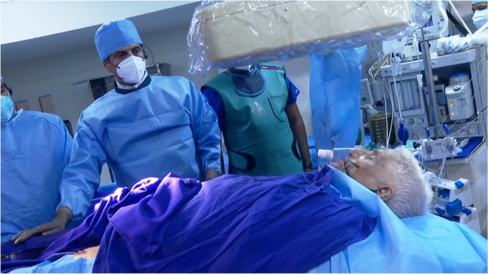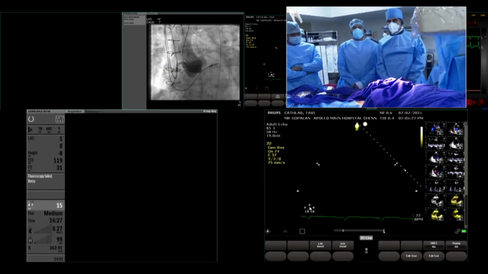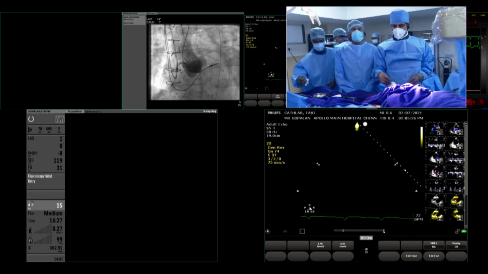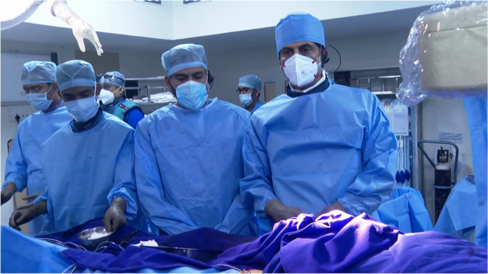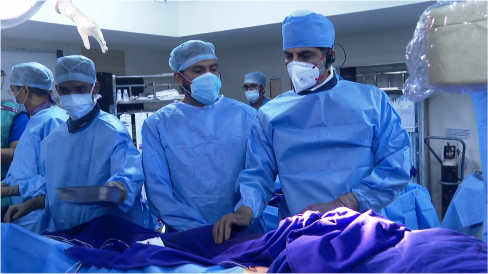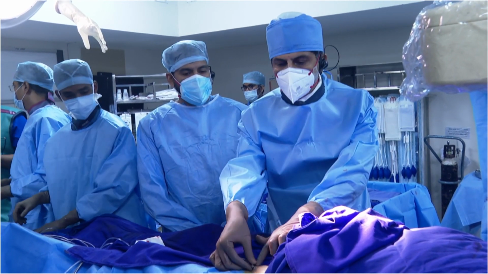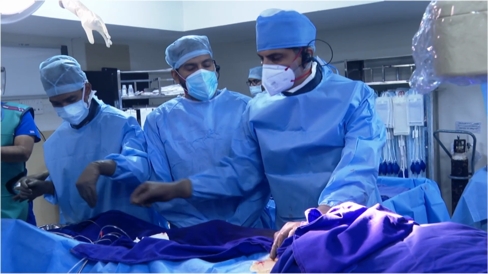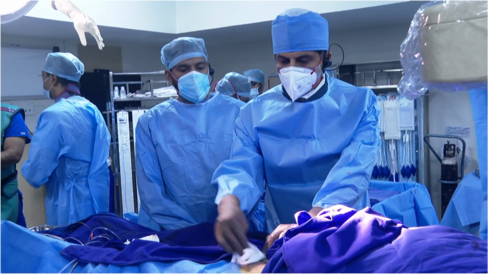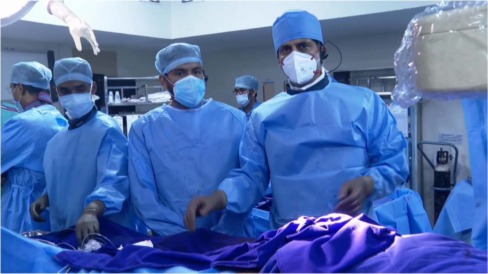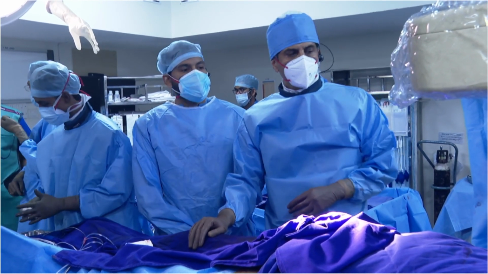Yes, basically TAVI, as we have been getting used to it more and more, we are experienced enough to do it as minimally invasive so that the patient can be mobilized as soon as possible by avoiding a couple of accesses and also pacing through the wire. Using consolidation, the patient can be mobilized straight away and can be discharged tomorrow. What do you think, sir? Very likely tomorrow. Tomorrow we can discharge.